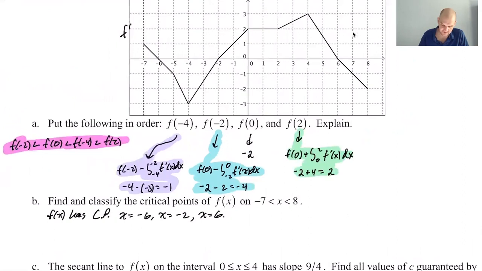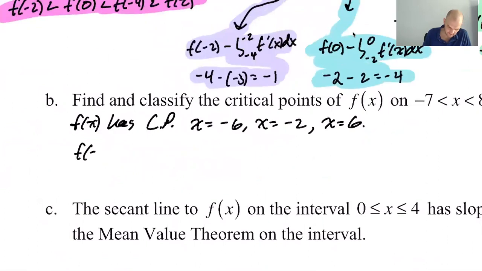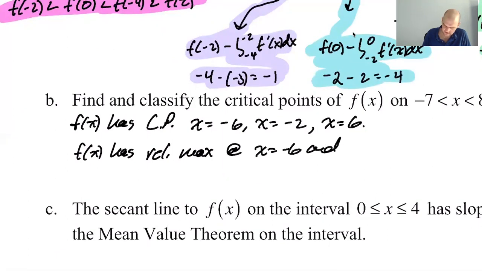have to write 3 explanations, because we have going positive to negative, going positive to negative. Both of those are maximums. So -6 and 6 are relative maximums. So let's say f of x has relative maximums at x equals -6 and x equals 6